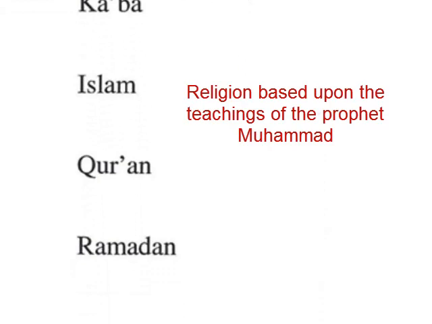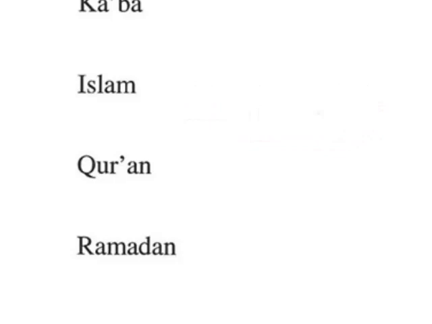Islam. Islam is the religion based on the teachings of the Prophet Muhammad. So if you've heard of the word Islam and Muslim, they're actually one and the same. Islam is the religion. Muslim are the people who practice the religion. So you might hear those two terms kind of used interchangeably. But Islam, again, is the religion. Muslims are the people who practice the religion of Islam.